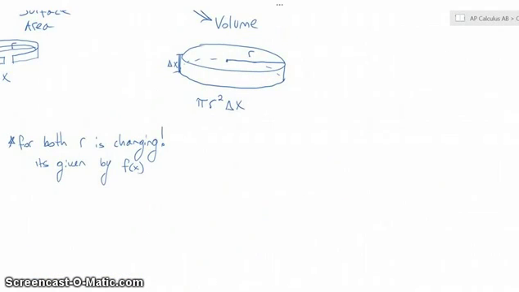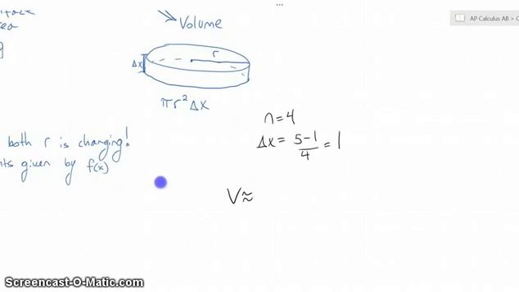So we still know we're going to have the same interval. Let's just say that we're going to use n equals 4. Our delta x is still going to be (5 minus 1) over 4, so it'll be 1. But in this case, our volume is going to be the sum of each of these